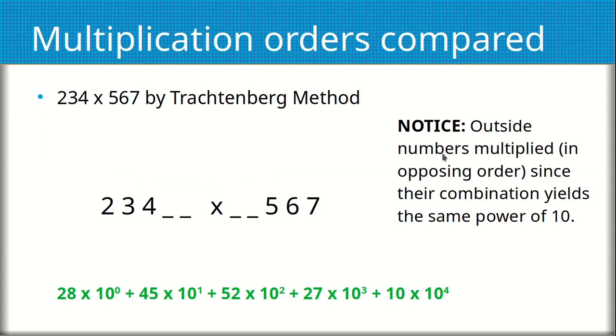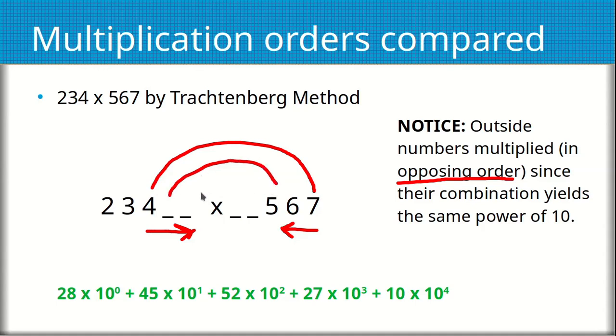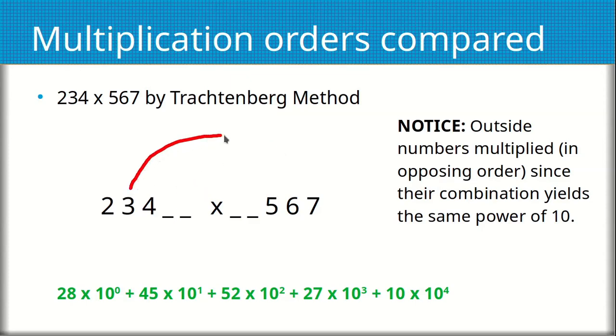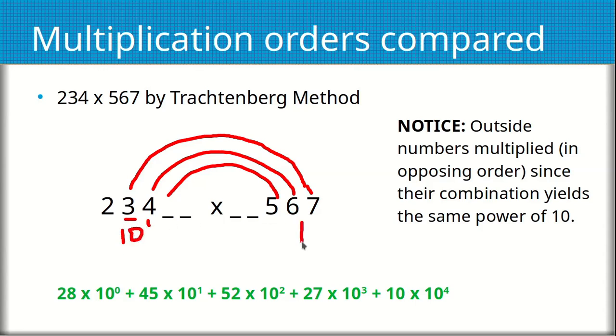Okay? So you're doing it in opposing order, right? You're doing always, as you move this way on one number, you move the other way on the other number, because that way the powers of 10 that you're resulting in your multiplication end up at the same level, right? If you start your arches here, your powers of 10 are always going to add up when you multiply all these, like 4 times 7, blank times 6, which would be 0, blank times 5, which would be 0, and you add them all up, you're still in the 10 to the power 0 group, right? If you jump the other way, let's say you go to here, and you do that, right? Because your 3 is in the 10 to the power 1 group, and this is in the 10 to the power 0,